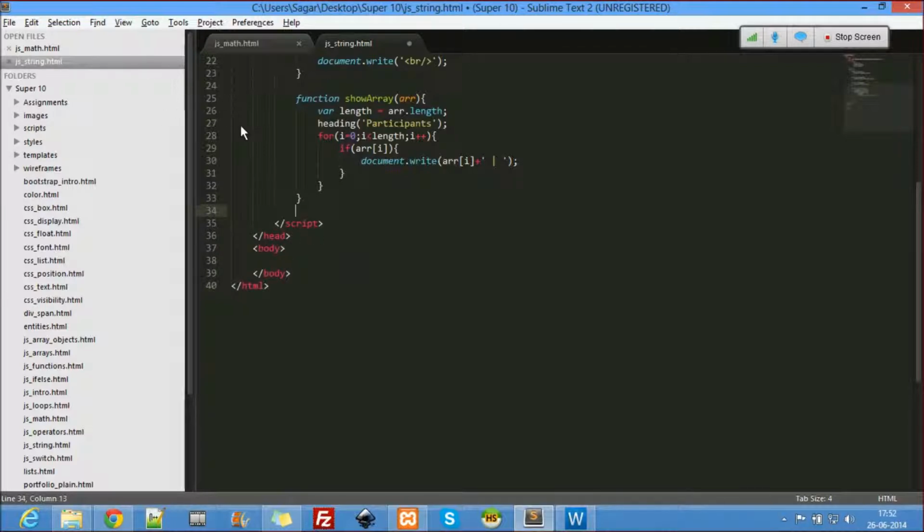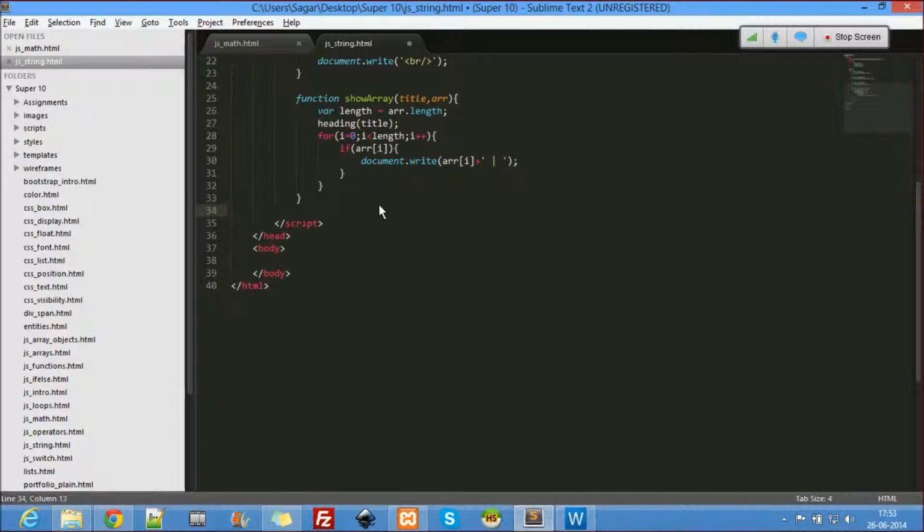Let me remove this show array here. Like yesterday, I'm going to use a title heading.